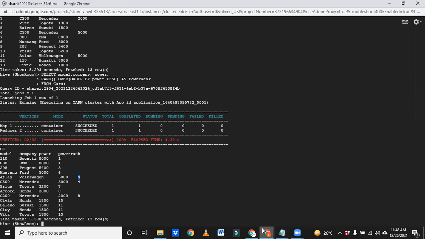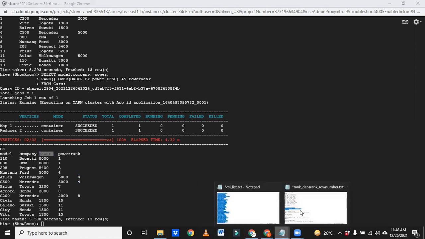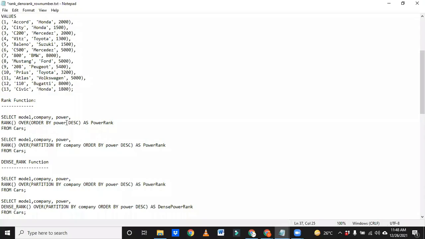Okay, so this is if we use order by only one column. Let me open here. See, order by power. Let us assume based on the company, we'll try to use the same rank function. How it will work, we will see. So the same